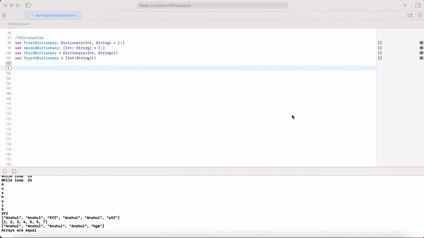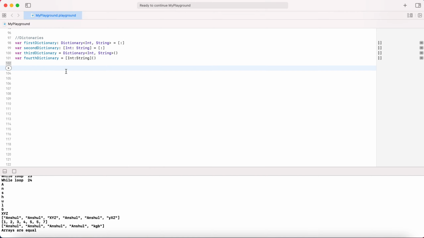Or in this video you can see the example here, the four ways I explained there just to create dictionaries. In this video we'll cover more about adding elements and removing elements. So let's quickly look into an example.